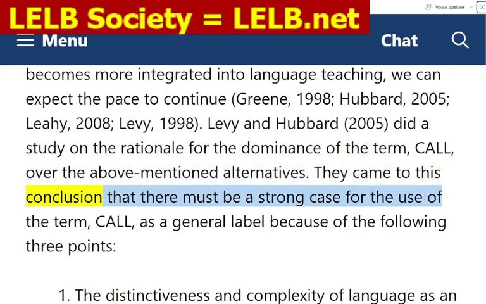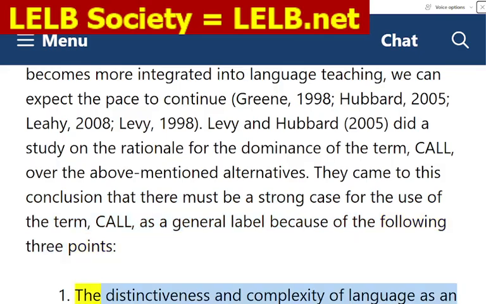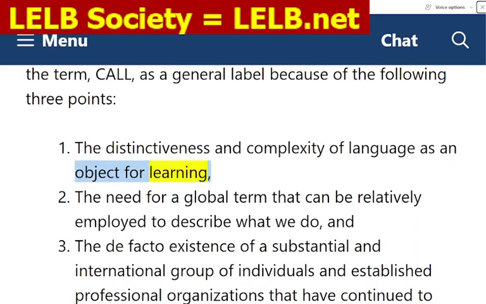They came to this conclusion that there must be a strong case for the use of the term CALL as a general label because of the following 3 points. The distinctiveness and complexity of language as an object for learning. The need for a global term that can be relatively employed to describe what we do, and the de facto existence of a substantial and international group of individuals and established professional organizations that have continued to use the term